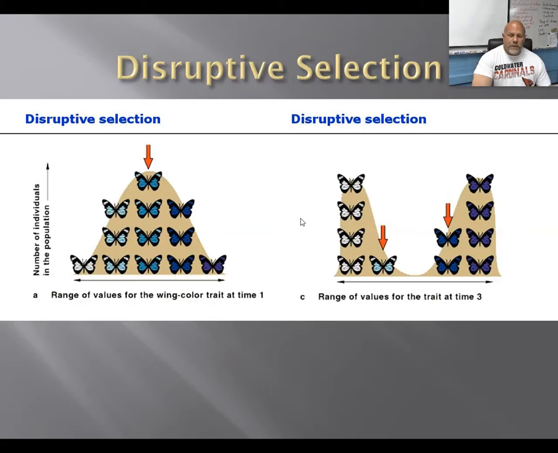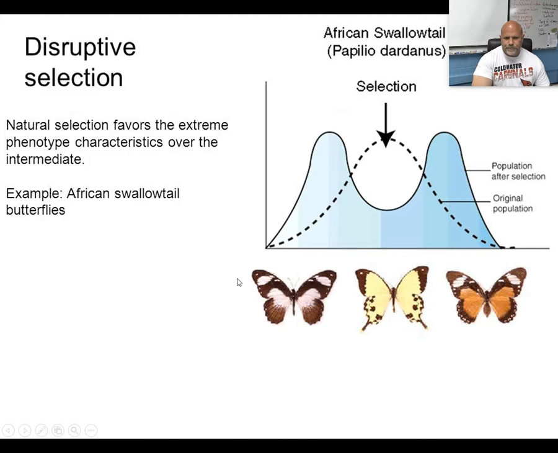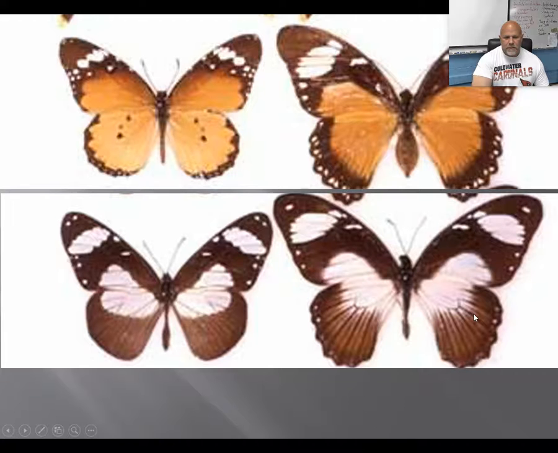Disruptive selection is where we see selection against the medium towards the two extremes. An example of that is in African swallowtails. There's strong selection against the hybrid and for the homozygous individuals in both populations. There's a reason for this. The two homozygous situations do a really good job of mimicking